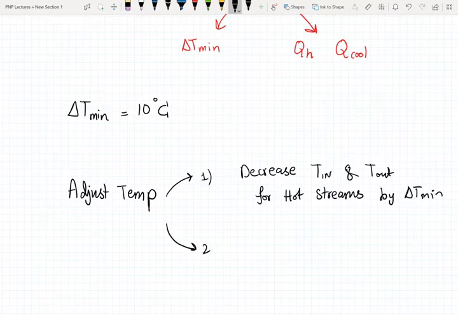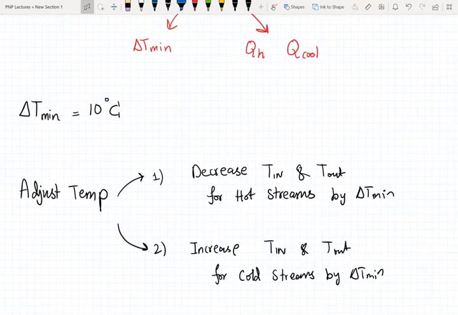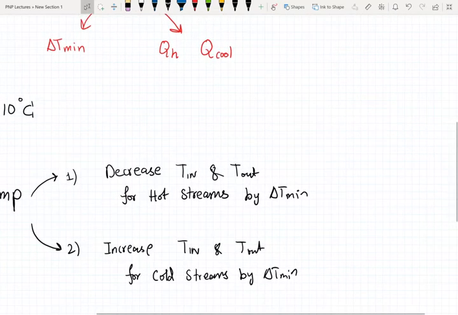Or you can increase the inlet and outlet temperature for the cold streams by the same amount. Now, what you're doing in both scenarios, by either decreasing the temperature of the hot streams or increasing the temperature of the cold streams, is